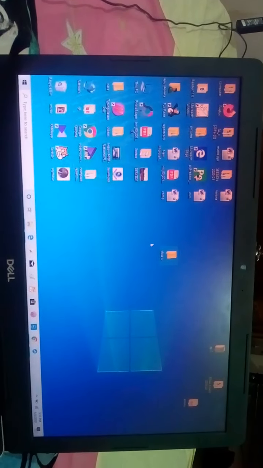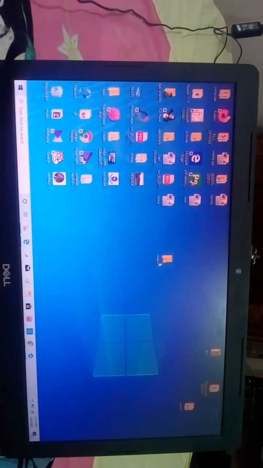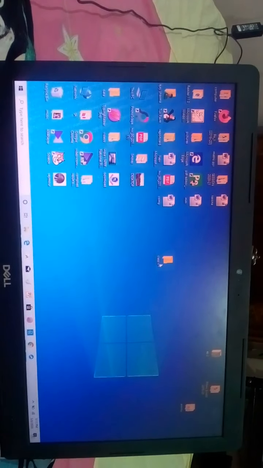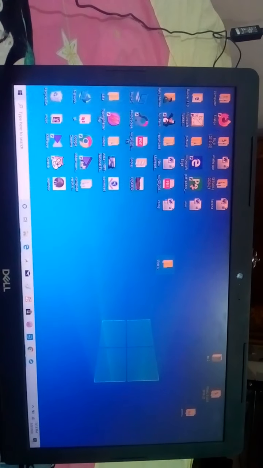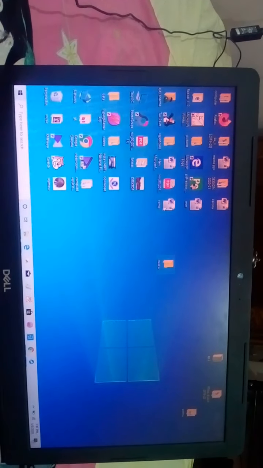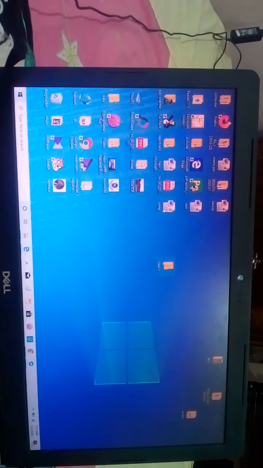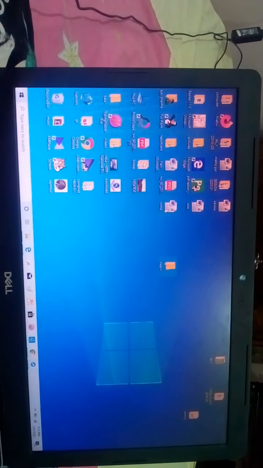Now I will open this folder by double clicking on it. You can see it is completely blank because I didn't save anything in it. If you want to save any file in it, suppose I have created this file, comp. Now I want to save this file in this folder.